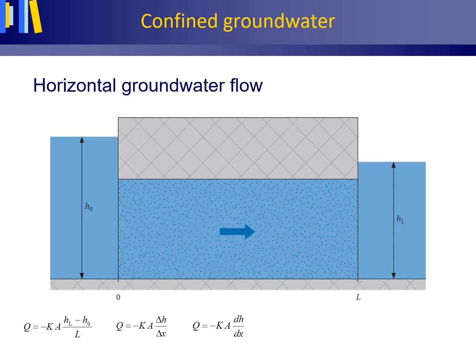As A is the saturated area perpendicular to the groundwater flow inside this confined aquifer, this area A equals the vertical depth of the aquifer D times the width W, which is the horizontal direction perpendicular to this cross-section, so going into the screen. And we can write that Q equals minus K times D times W times the hydraulic gradient dH/dx.